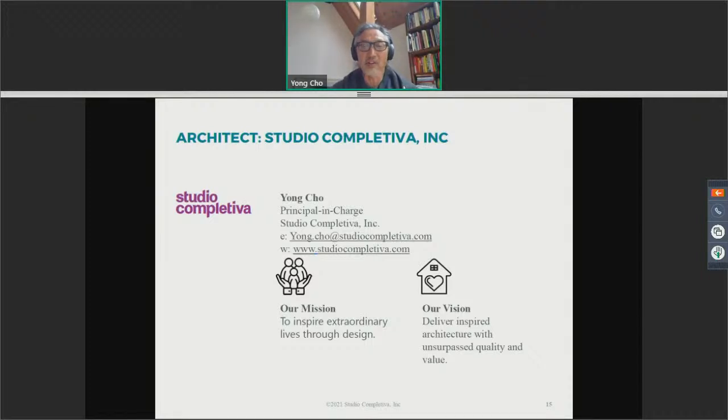And we've been very lucky to work with some very dedicated and committed clients over the years to make social impact. We focus on social equity and community building. And we're very excited to be part of this team and to bring about change on this site. We really see ourselves in the role of facilitators to bring about transition and positive impact. Could we go to the next slide, please?